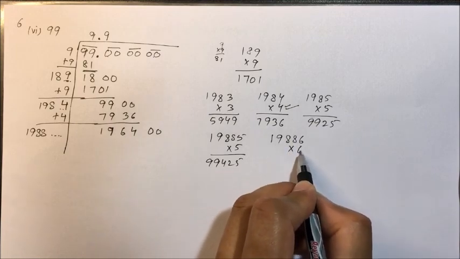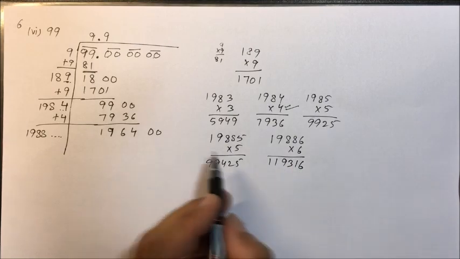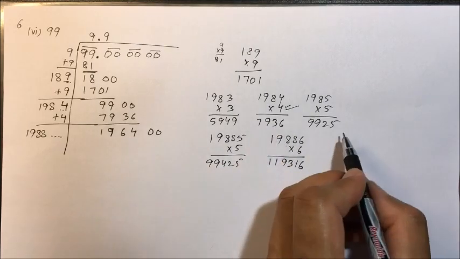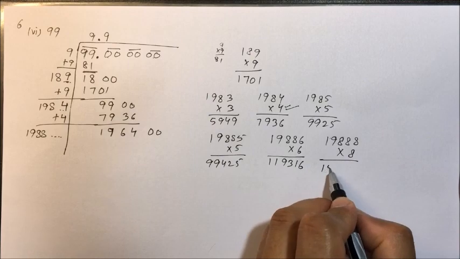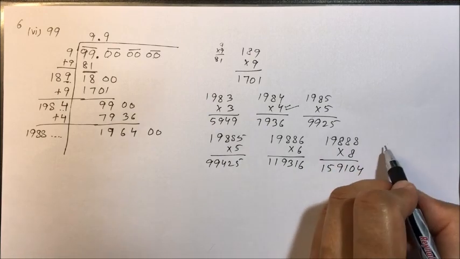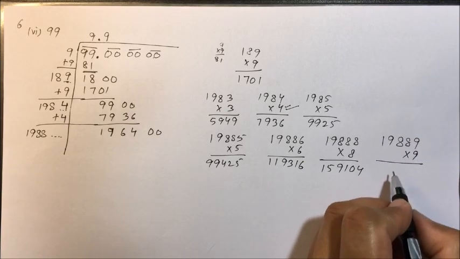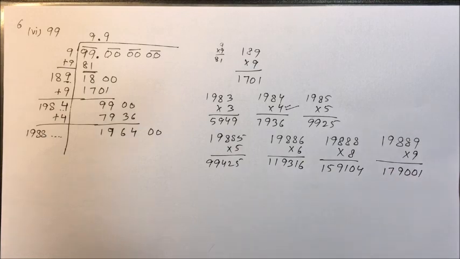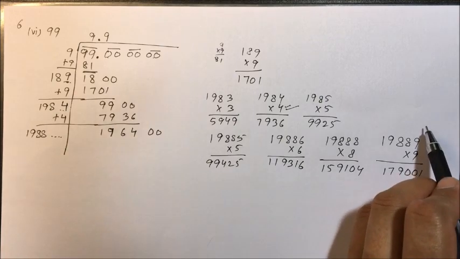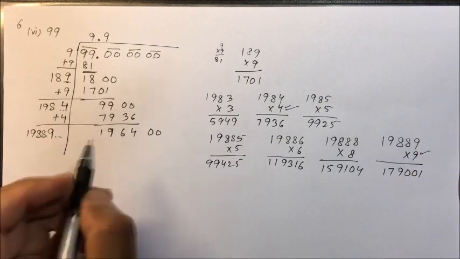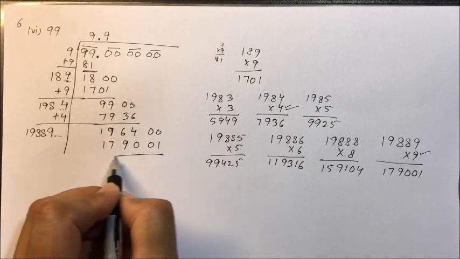19886 into 6. We are getting 119316. Again it is less as compared to this. I go with 8 now. 19888 into 8. We are getting 159104. If I check with 9, 19889 into 9, I am getting 179001. Now check this number, 9. So we go with 9, 19889, and here 179001. The remainder is